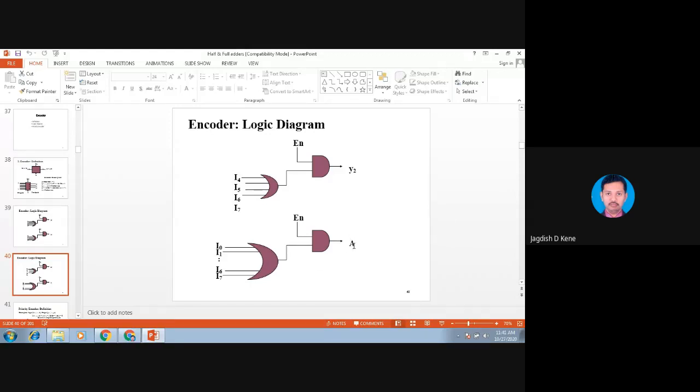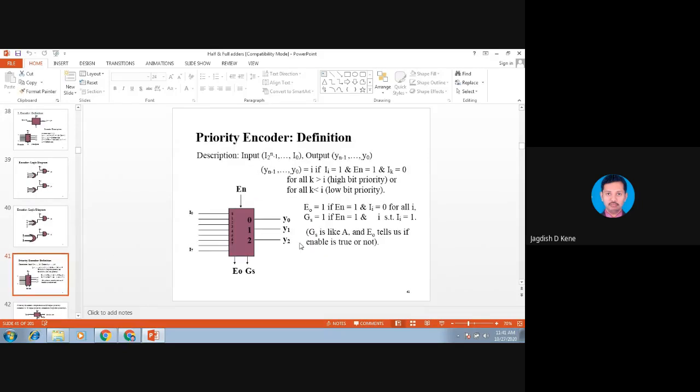But if you want to change something, it will be created as a new diagram. This is the case for an encoder. Again, this is the generalized diagram that we have already studied. I0 to I7 will be converted into Y0 to Y2, which means it will be a 3-bit encoder. Along with the output, it is enabled, and then it will be connected further.